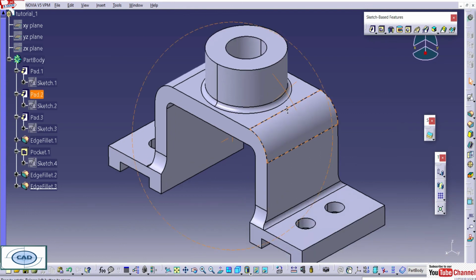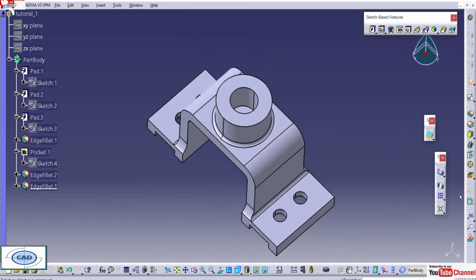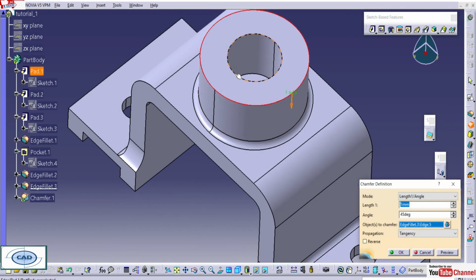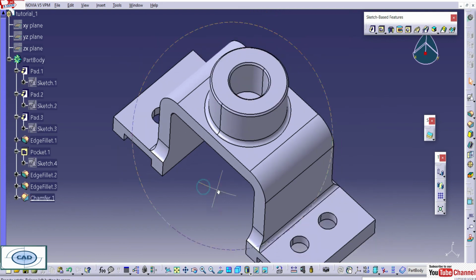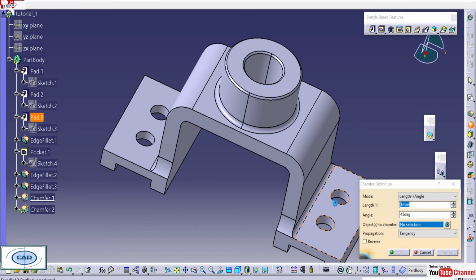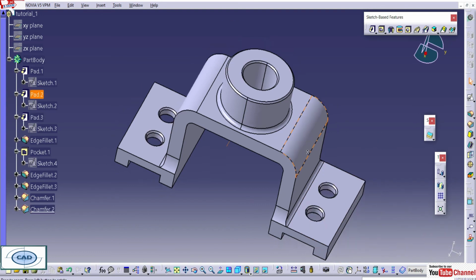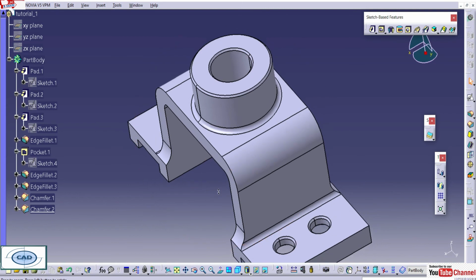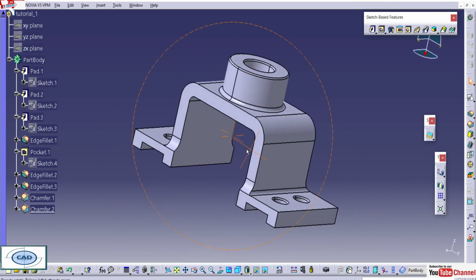So we'll apply some entry chamfer, 1 mm. So the chamfer and radius commands also get covered. So here the 3D model is ready.